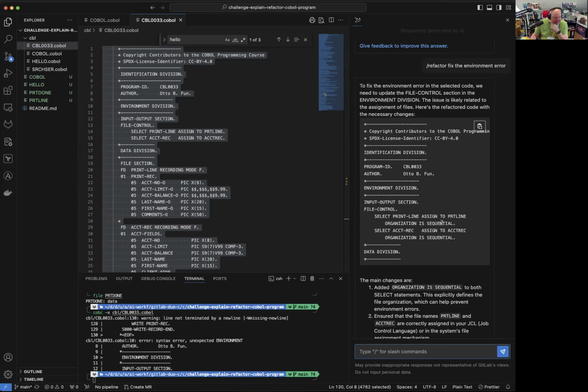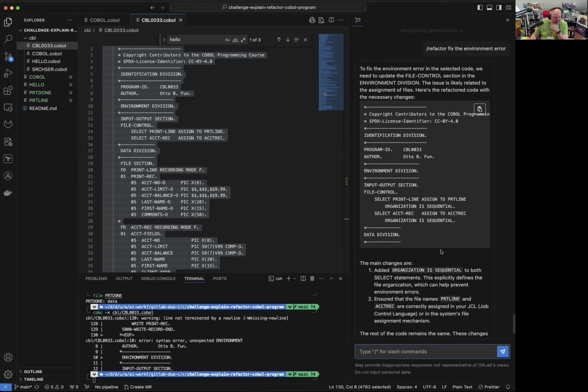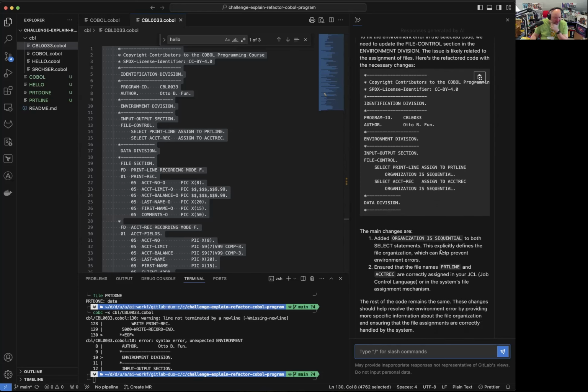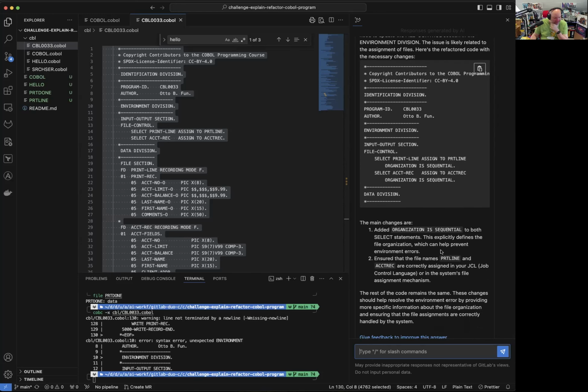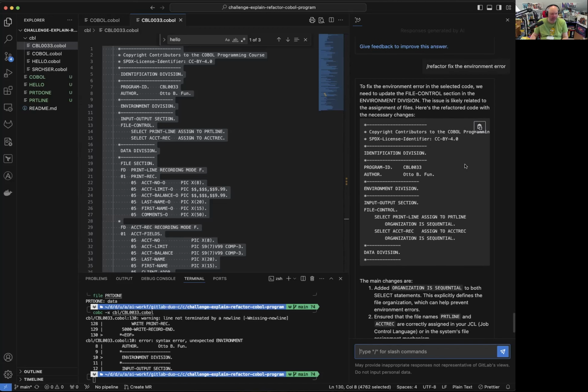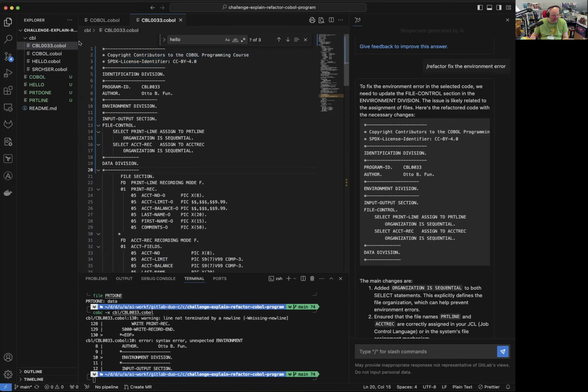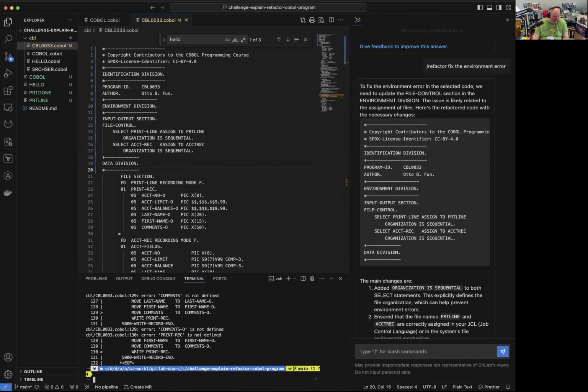This explicitly defines the file organization, which can help prevent environment errors. Ensured that the file names are correctly assigned to your job control language. Remains the same. These changes which I have by providing. I have no idea, but let's try it. Data provision and just replace that. Yeah, I need to fix that. But if we sort of execute that now,